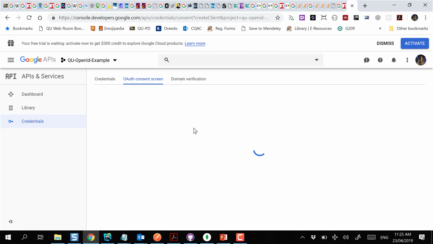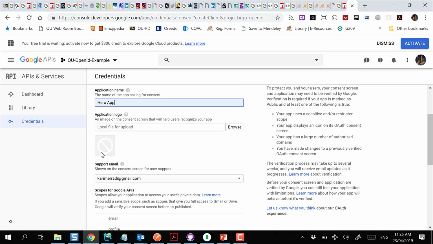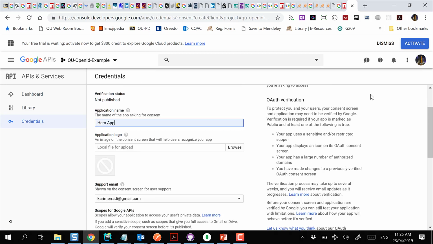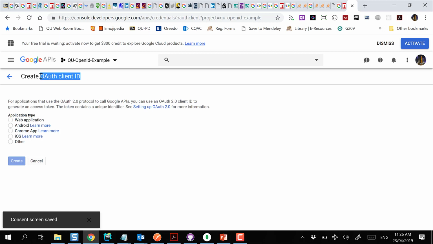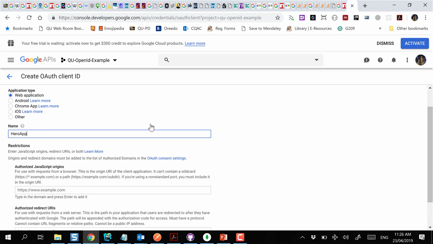first of all, I'll tell Google a little bit about my app. Let's say I call it Hero app. You can upload the logo for your app if you want to. Now I create an OAuth client ID. This is very important. Google is asking me, what type of app are you trying to build and use this authentication or delegated authentication? In our case, I'll be using it for web app, Hero app, OAuth